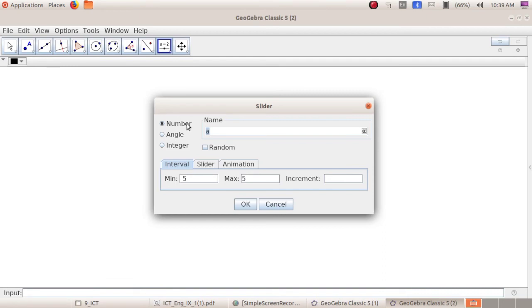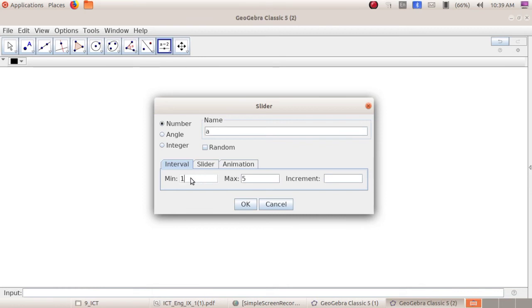Here is a space for giving the name of the slider. Now I am giving the name of the slider as A. You can give any name, any alphabet or any other name. And here you can see the interval, that is minimum, maximum and increment value.